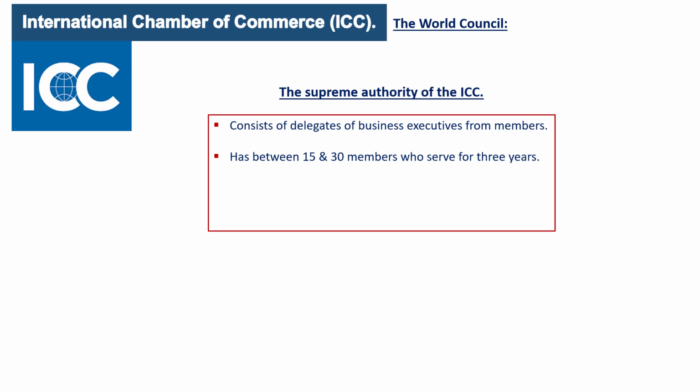How that term spans is that every year, 1/3 of the council will retire. So by the 3rd year, all the members of the council would have phased out for others to be brought aboard. They elect the executive board of the ICC, which is responsible for implementing the policies that have been established by the chamber. The council is also responsible for the election of the chairman and the vice chairman of the board, who is basically supposed to make recommendations for the board to implement or execute.